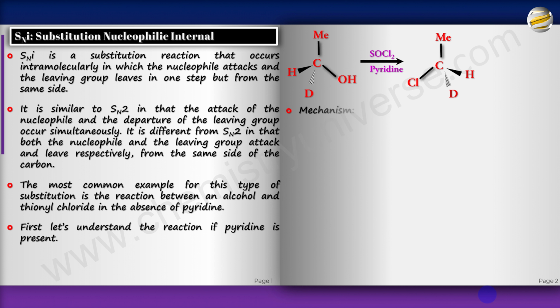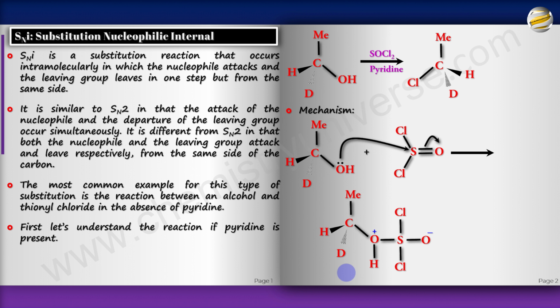What is the mechanism? Well, in the first step, this alcohol has a lone pair, as you can see. So this lone pair attacks the sulfur of the thionyl chloride and the pi bond shifts to O. And you get an intermediate of this kind. And here, the proton gets transferred from this H to this O minus. That way, this minus goes off and this plus goes off. This is called intramolecular proton exchange. So, here you have this intramolecular proton exchange. And you get